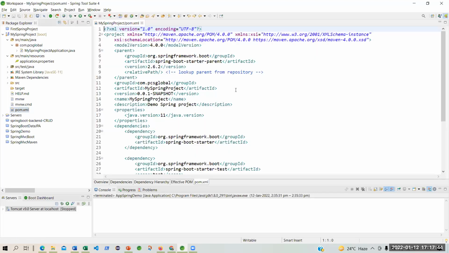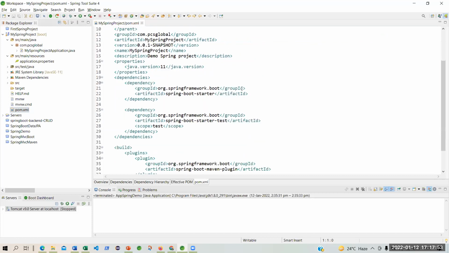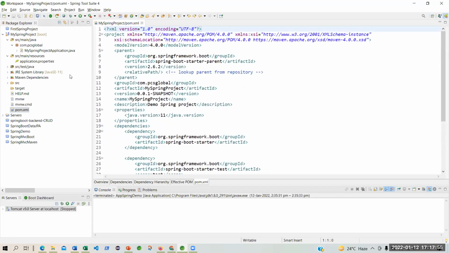But this has been created. See, I have not written a single line of code over here. Did I do anything? This was created by default by Spring, by basically Maven, when you created the project. Okay. See, what I have given in this is that this is a Spring Boot starter parent, the artifact ID. What is the group ID?